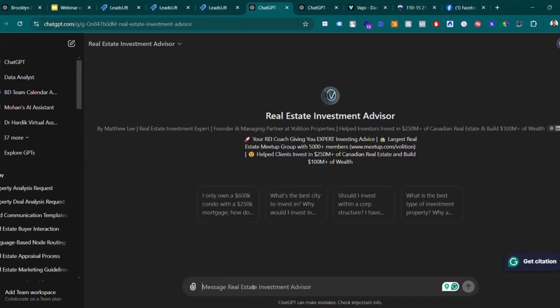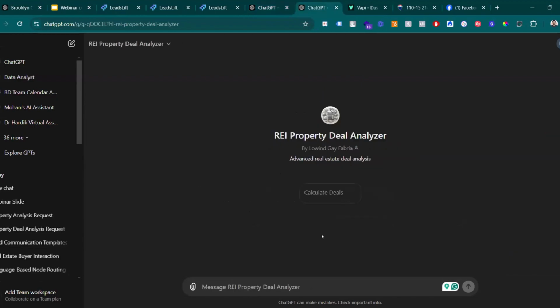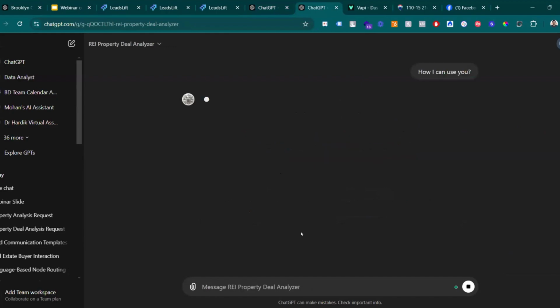Based on your answers, it can reply to you. So this is how we can use the custom GPTs. This is one GPT that I have found quite interesting. So I'll just ask it how I can use you. Let's see what the GPT gives us.